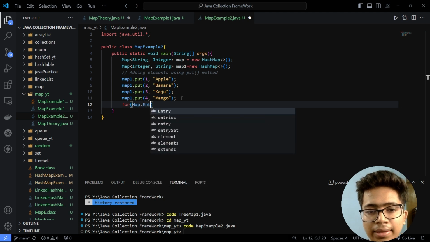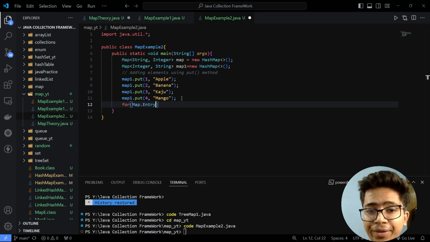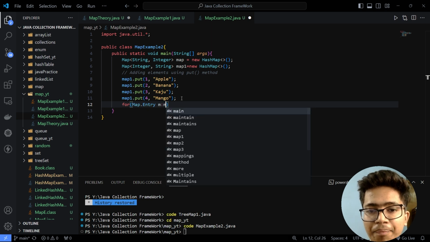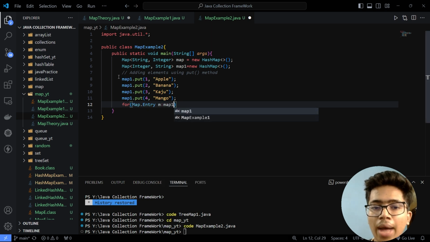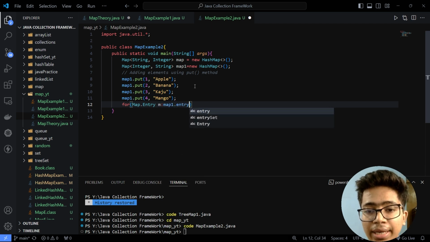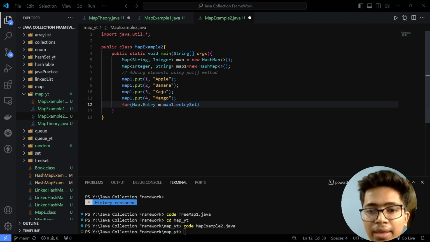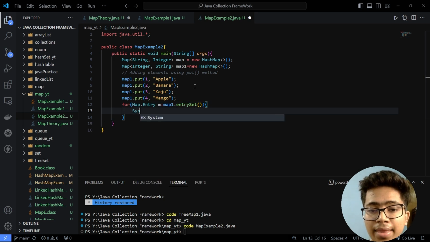Map.Entry, this is the interface for Map.Entry, and let's make an object of this, m in map1. Look, we have inserted data to map1, so we will be using map1 dot entrySet. It will create an entry set of all entries, and entrySet is a method, not an attribute. And now let's write